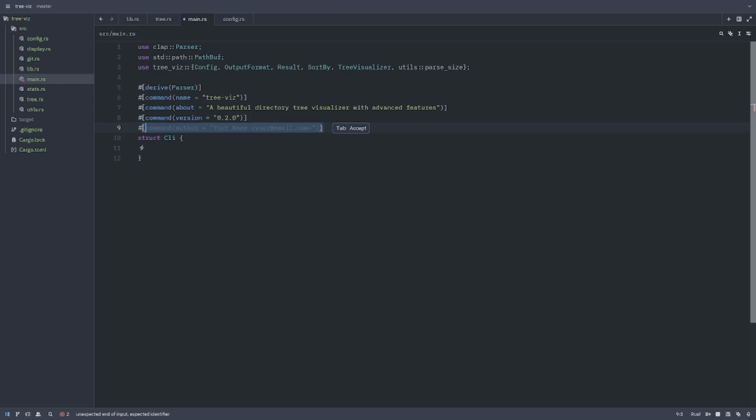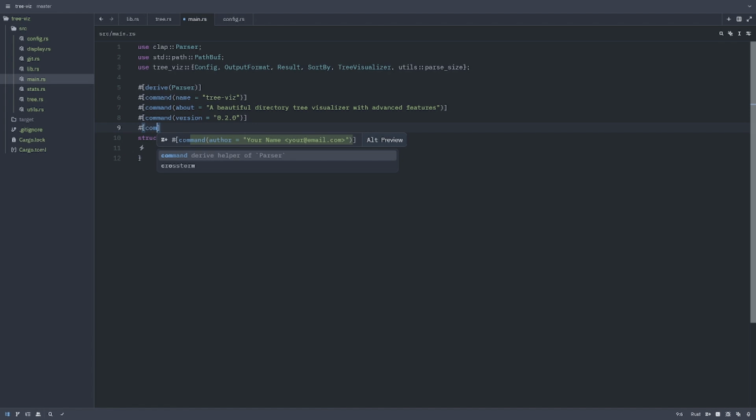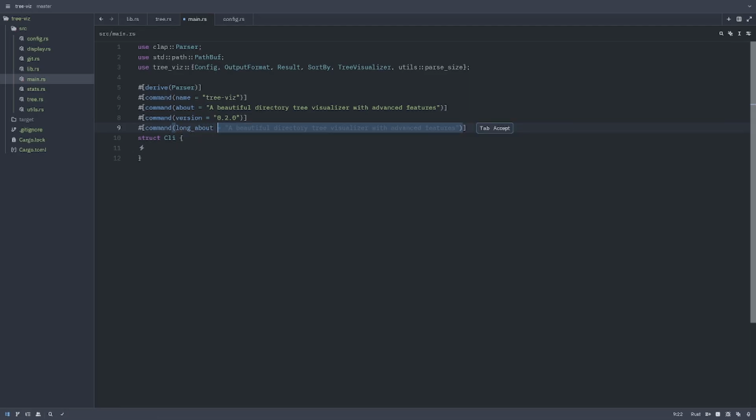If you want 0.1, just go to that. There is 0.1. Here is a command long about: a fast and beautiful directory viewer